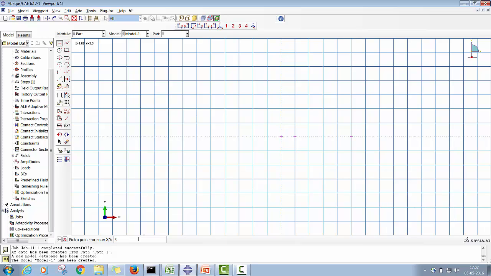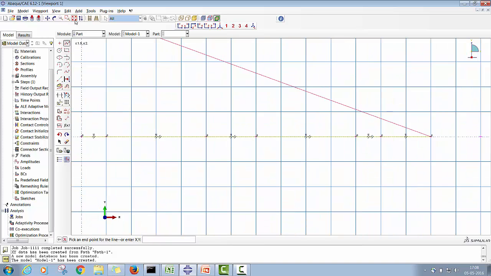2.5, 3.5, 5.5, 6, 7 and 8. Okay, this is done, and we'll make a line segment for these points. This is done,